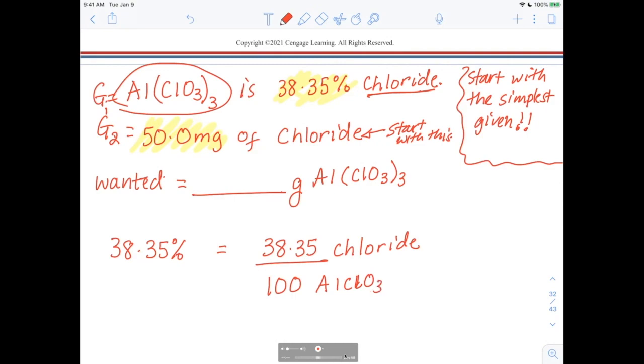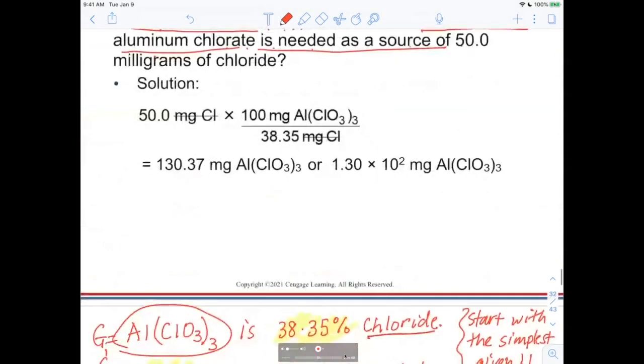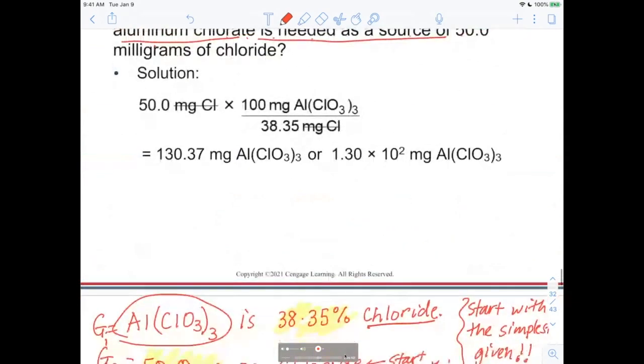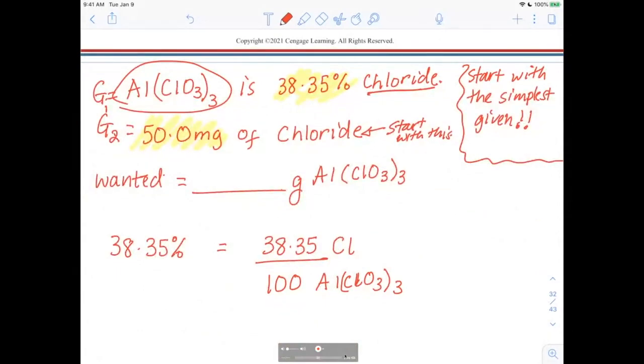I just write the formula, aluminum chlorate. I was going to write the whole word, but that should work. Okay, let me see. They use a symbol or the whole word? Oh, they use just a symbol. Okay, fine. So for chloride, I'll use Cl so as to not be confused. I always use the Cl minus. I just leave that Cl since they use Cl, even though chloride is technically Cl minus, but I'm going to use what they use. Okay, so the part to whole relationship, if you had 100 grams of aluminum